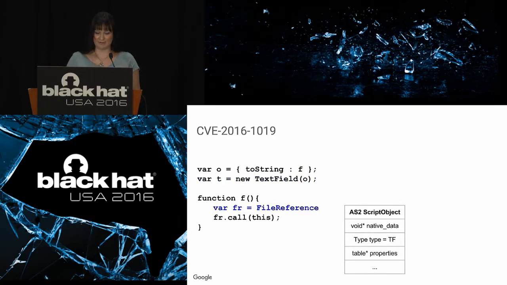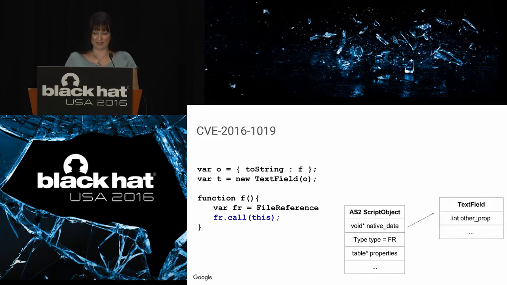So it tries to convert the parameter, except you've overridden this function, so now you call the constructor again, and you call the file reference constructor. And this is where the bug actually is. In Flash, a constructor should not, if you try to call it on something that already has the type set, it should cause an error. But in this situation, there was a vulnerability where the file reference class did not correctly do the check and did not cause an error. So this constructor would run even though there was already a type on this object. So it would set the native data to a file reference type, and then it would change the type to be a file reference even though it was already set.